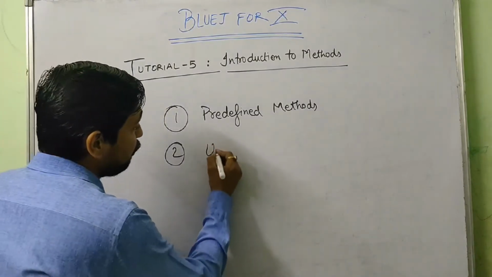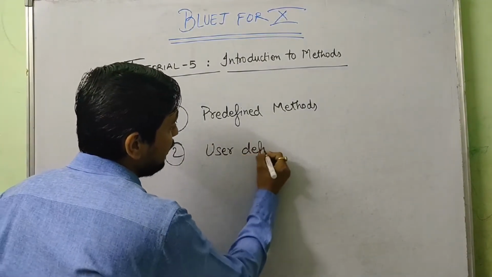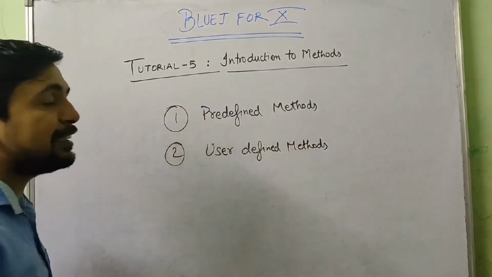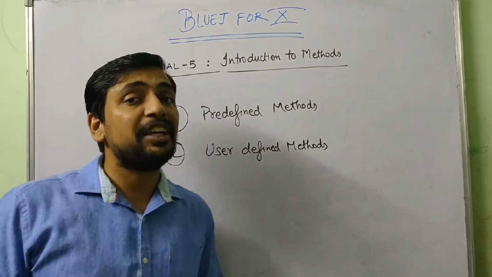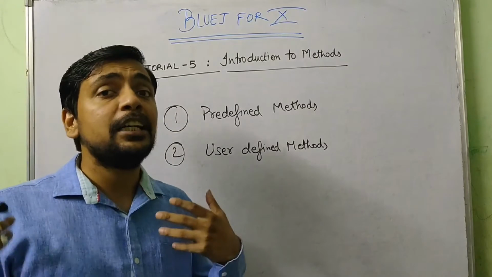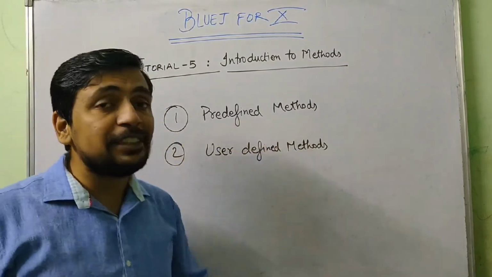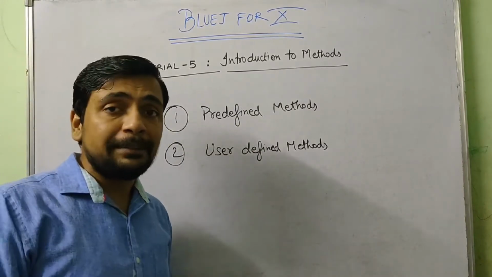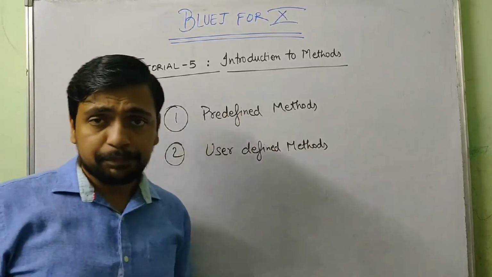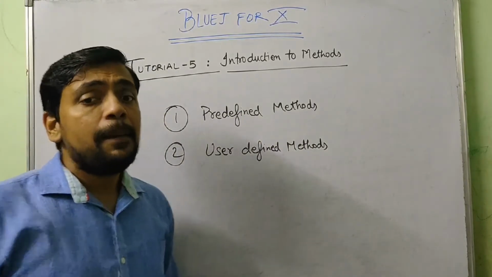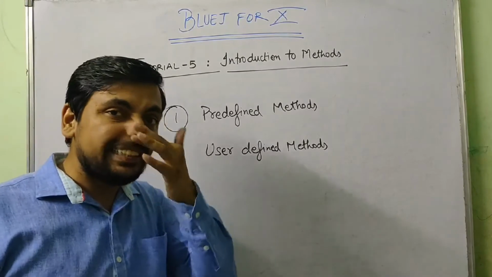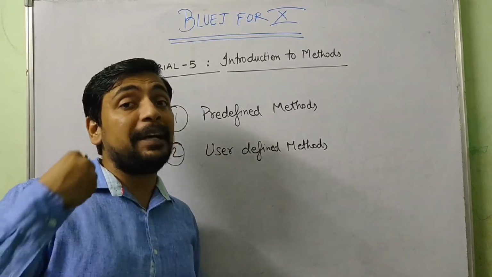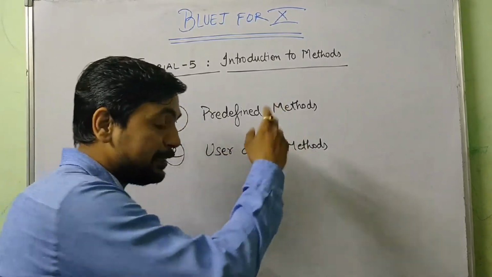The second form of methods are user-defined methods. These are the methods created by the programmers, by us. So if we create any method in our program, that is nothing but a user-defined method. And all those methods which are already created in Java are predefined methods. I told you print, println, all those math methods and methods of the Scanner class, they are all predefined. We can simply use them. But in case you want to create your own methods, definitely you have to take care of a few things, but whatever method is created by you in the program is a user-defined method.